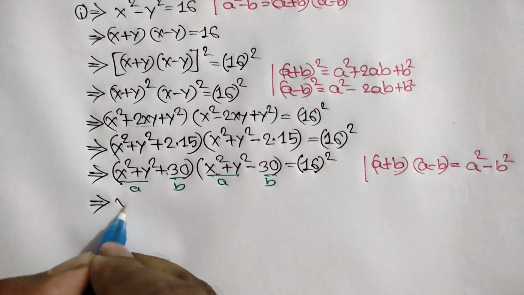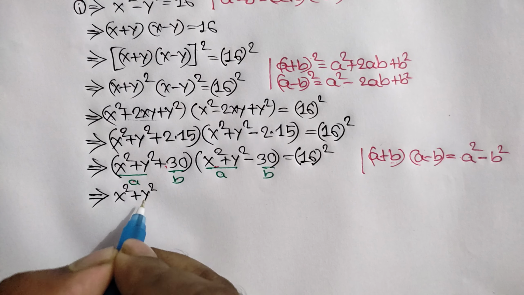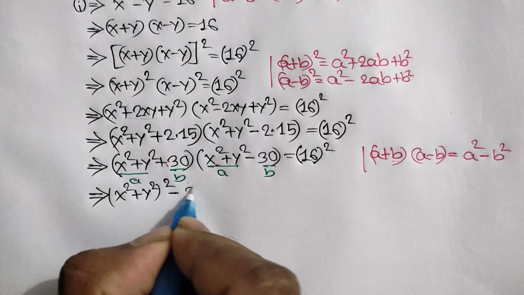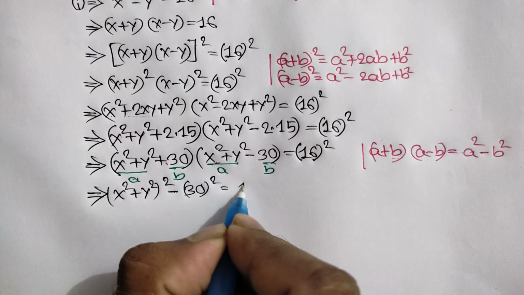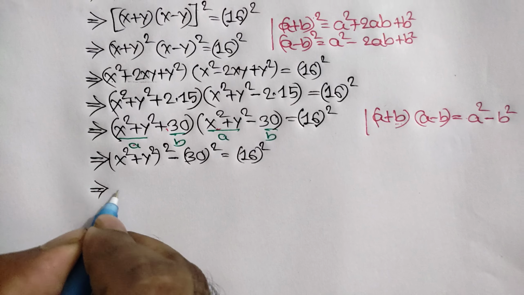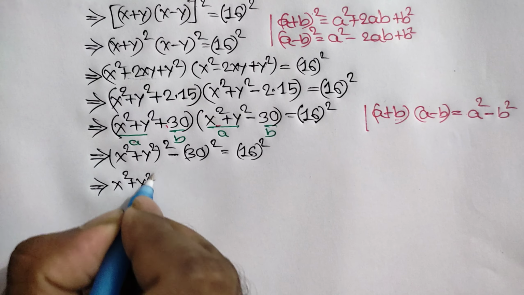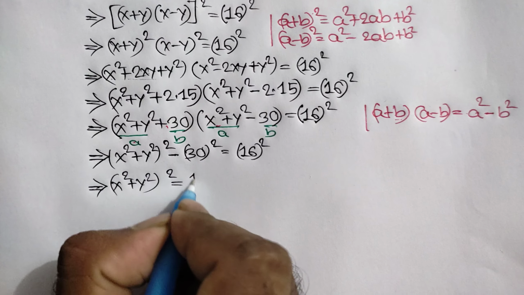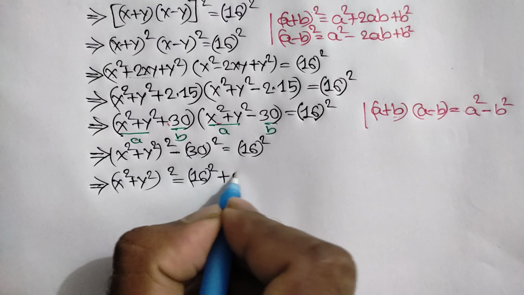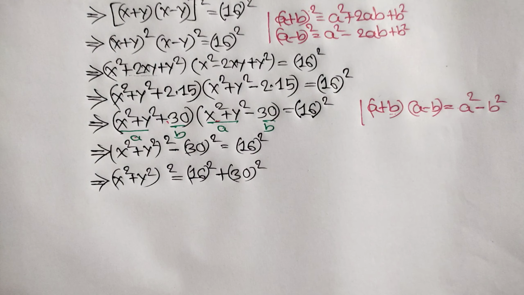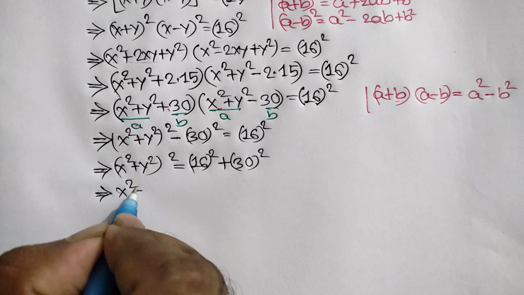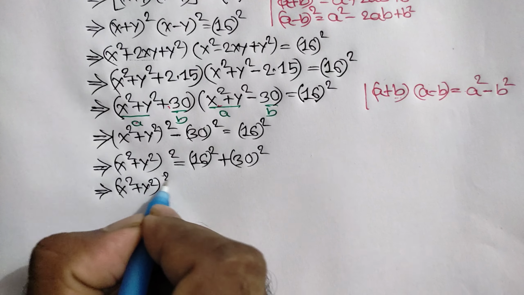We can write x square plus y square whole square minus 30 square is equal to 16 square. Now taking this negative 30 square to the right side, we will get positive 30 square. So x square plus y square whole square is equal to